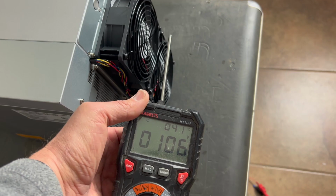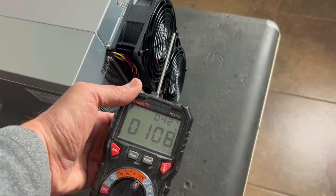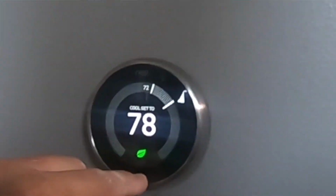So you have to be okay with price risk. On the pro side of things, you get excess heat. Like we did in our house here, we used it to heat our basement in winter, and we're now using that heat from the miner to supplement the heating of our entire house. Bitcoin's inflation proof, and in this day and age when inflation is wreaking havoc with our economy, it's nice to have a better